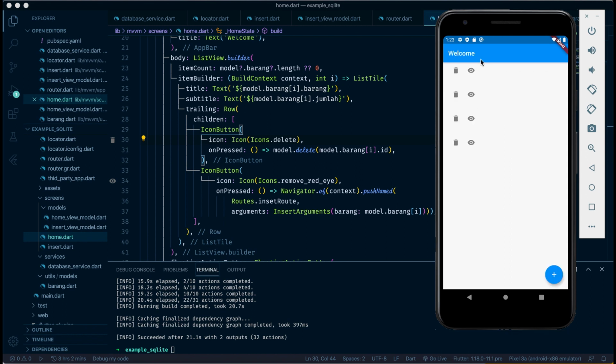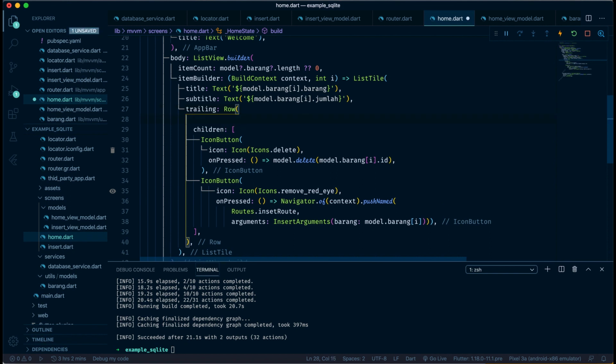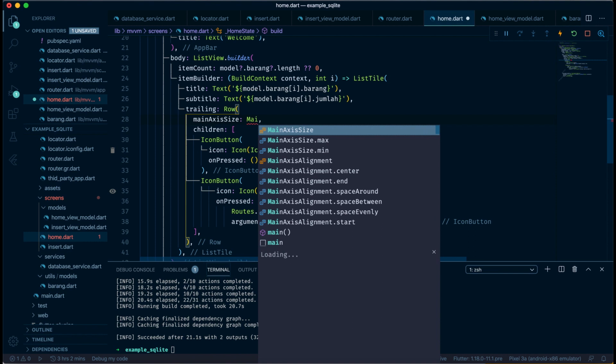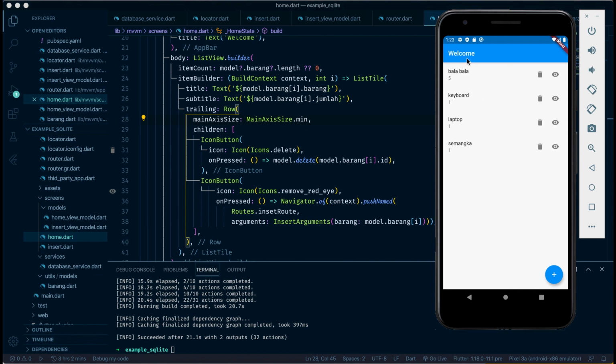Back to home. This is wrapped in this because we never set the row. This is just main axis size and for my axis is min. Just like this and save again. We will show something before. Like this, if we go to this the title is insert, but if we go to this one it is also update. So I will update this function too, but I will provide the ID.